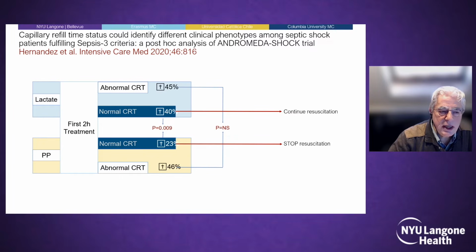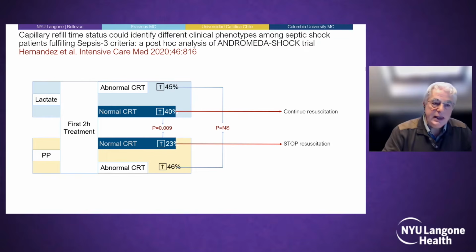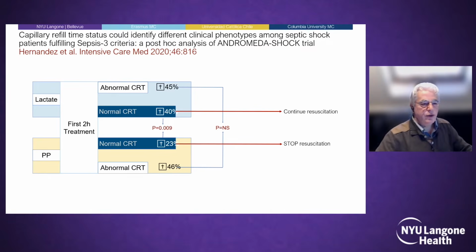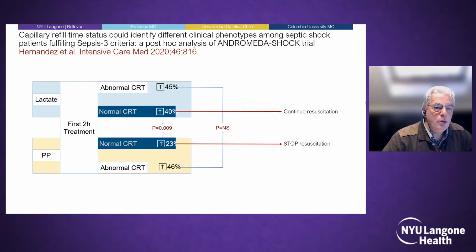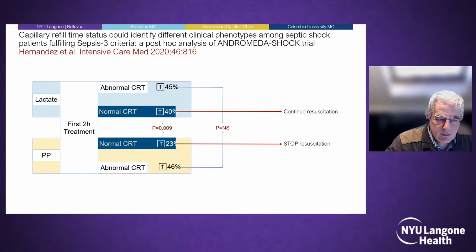Now look at the same group in the peripheral perfusion group where treatment was stopped. So if you had a normal capillary refill time after 2 hours, that's it. And the mortality was 23%, a highly significant difference. Interestingly, there was no difference in the abnormal capillary refill time in either group. And so having an abnormal capillary refill time after your first 2 hours is a very bad thing, whether you have increased lactate levels or not,